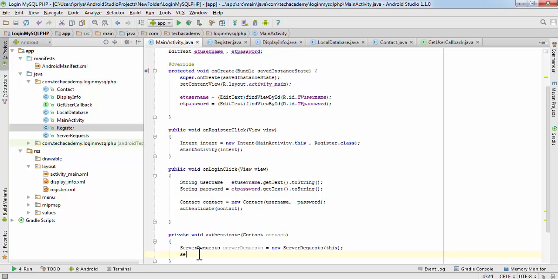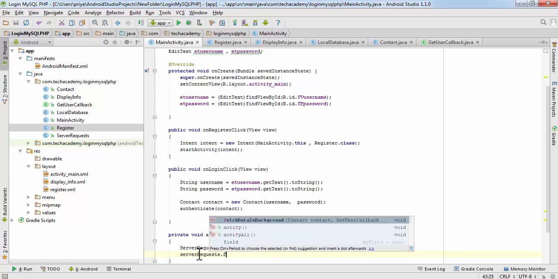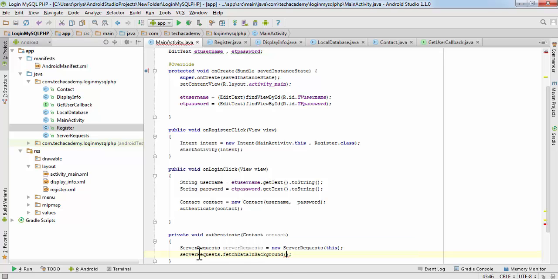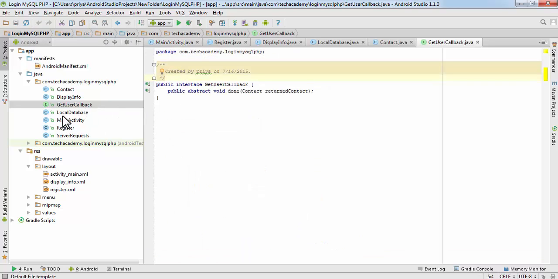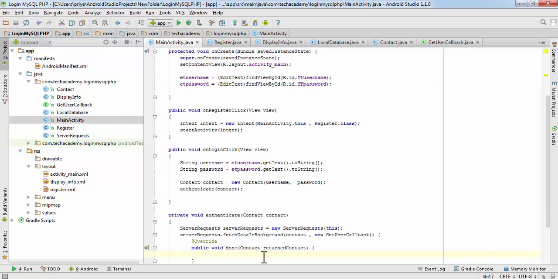After that write server request dot fetch data in background, and here we have to pass contact object and get user callback. So contact, and we have to create a new get user callback object. So as you can see, this done method which we created here in the interface gets inserted automatically.